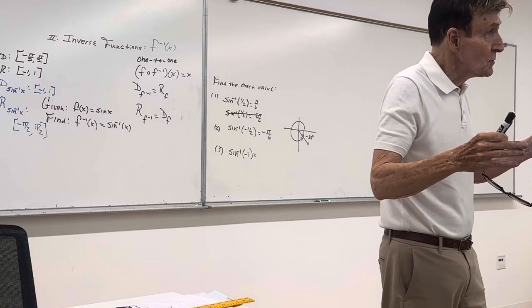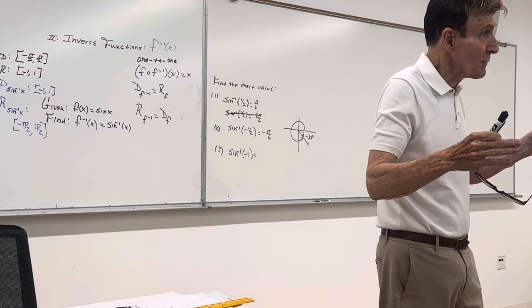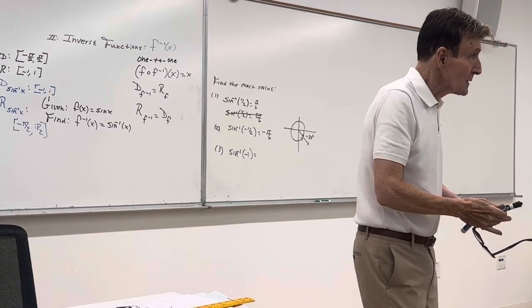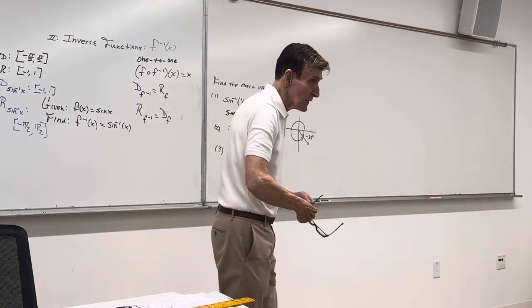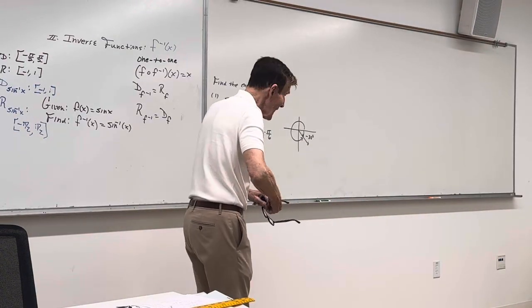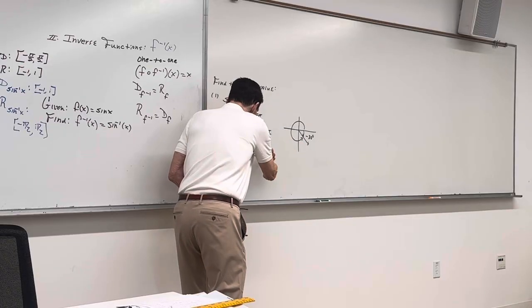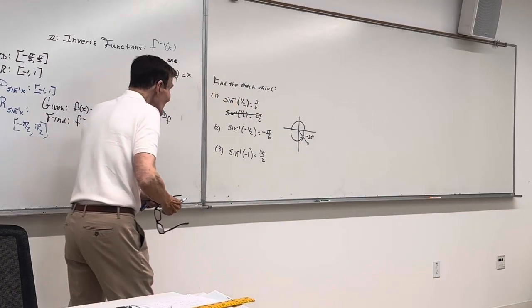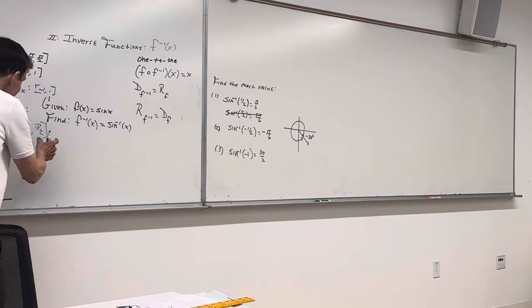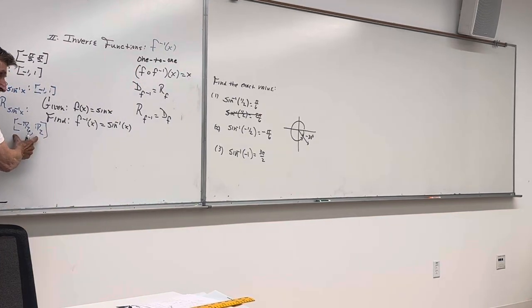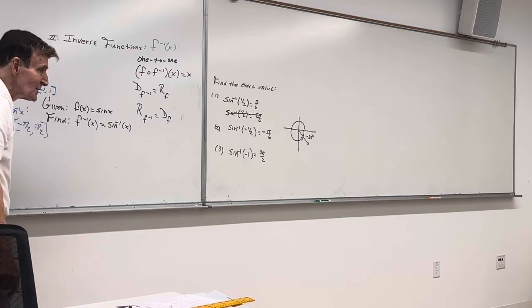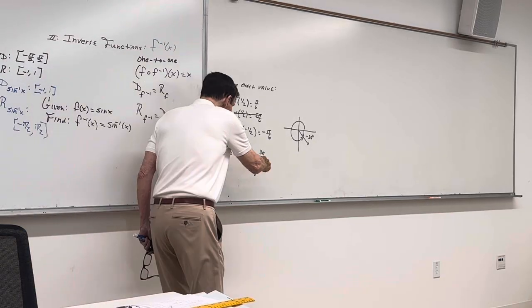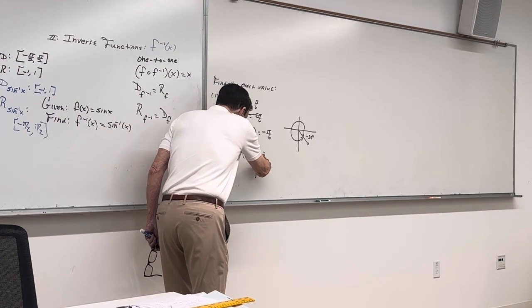I would think as a student, is it 3 pi over 2? Yeah. I said, well, Professor, this one's easy. At 3 pi over 2, the y coordinate sine is -1. That's 270 degrees. Restricted interval. Does 270 fit between -90 and +90? Darn it. No. But